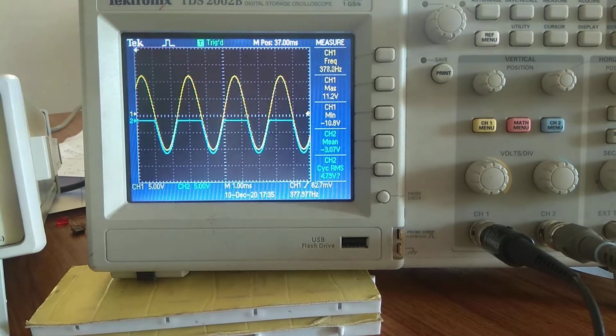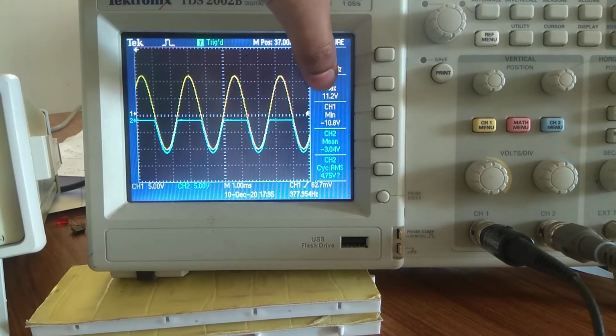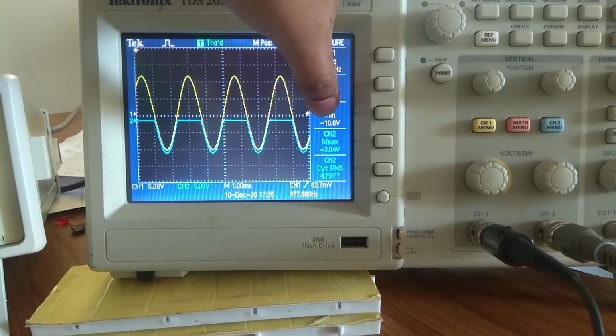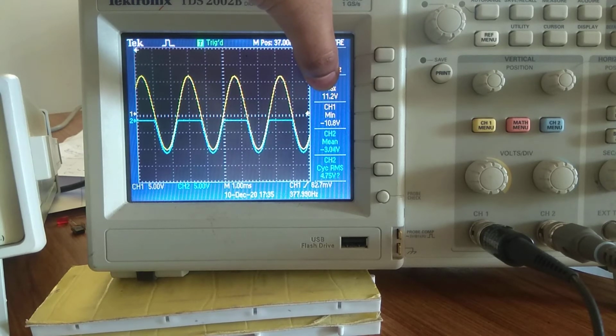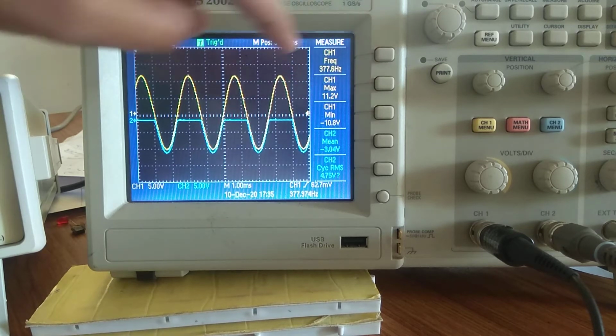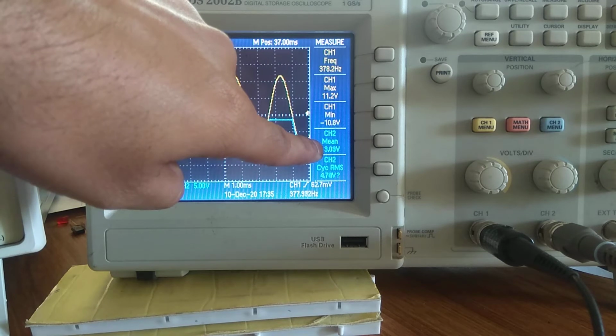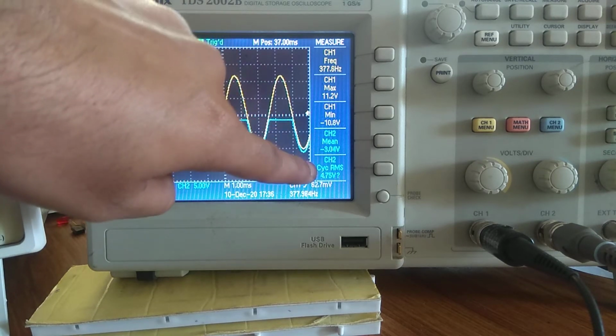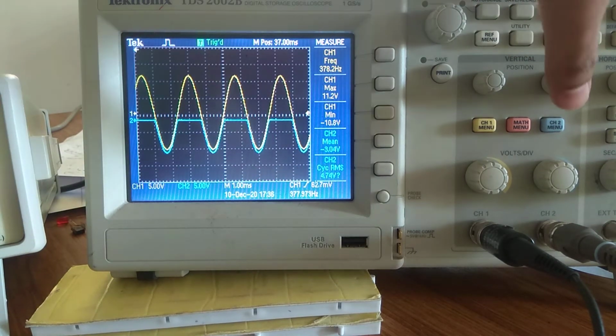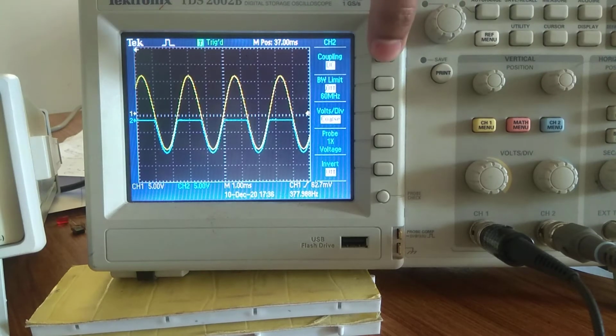This is all practical we are doing. That is why we are seeing all these abnormalities, because we are not getting the exact input that we wanted. If we are giving an 11 volt signal, the maximum must be 11 volt and the minimum must also be 11 volt. But here the maximum you are getting is 11.2 and the minimum you are getting is minus 10.8. If you want to calculate the AC component of this signal, this is the DC component and this is the RMS. Now go to channel 2 again and put AC coupling.